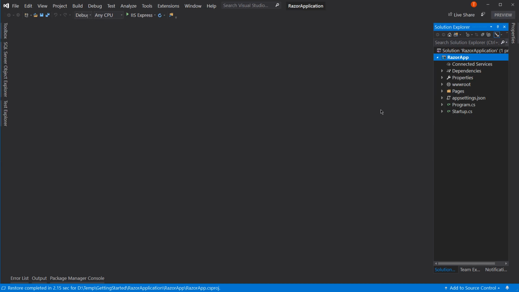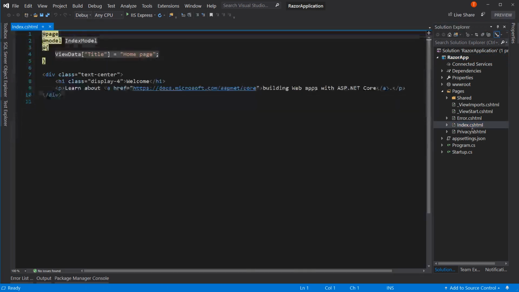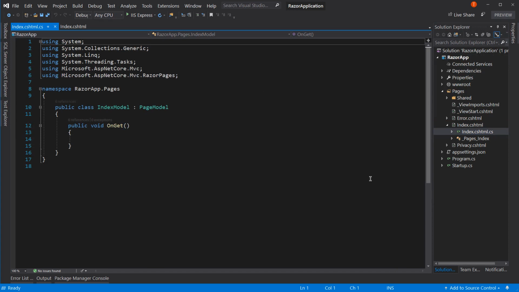Okay, so we're going to look at that. So let's go to Pages and let's look at the index page. If I double click on this, this is the index page, the HTML side of it. But then if you see this little arrow right here, you can expand it and select index.cshtml.cs. And that's our code behind. What this actually is